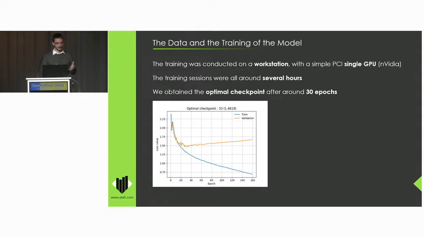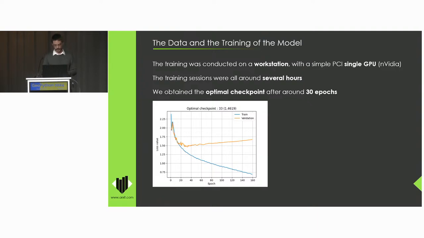So we made several training sessions in order to be sure that all the training sessions were consistent with each other. So it lasted between 12 hours and 1 day of raw computing to fine-tune the model. And you can see on this plot here the two curves. So you have the training curve and the validation curve. And we can see how this validation curve will go up at a certain point. And that's why it's so important to have this validation curve. It's to be able to detect when the model will stop learning. So it will become less performant.